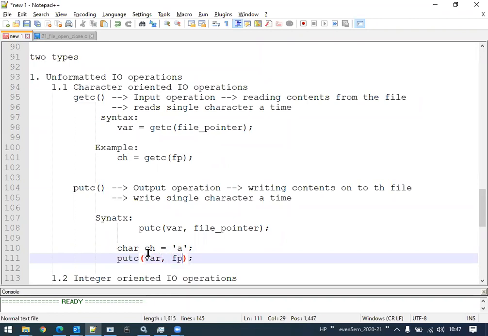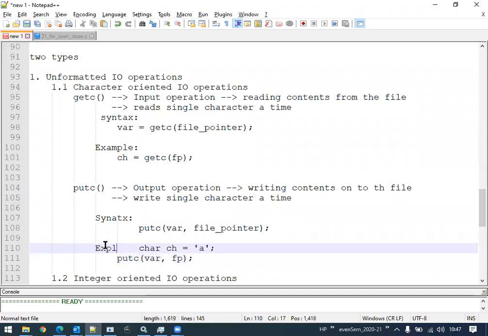Assume that fp is the file pointer. We should know the previous statements, like fp has been declared as a file pointer and the file is opened successfully using the fopen function. Then only I can use this function to write a single character. This is an example for demonstration.